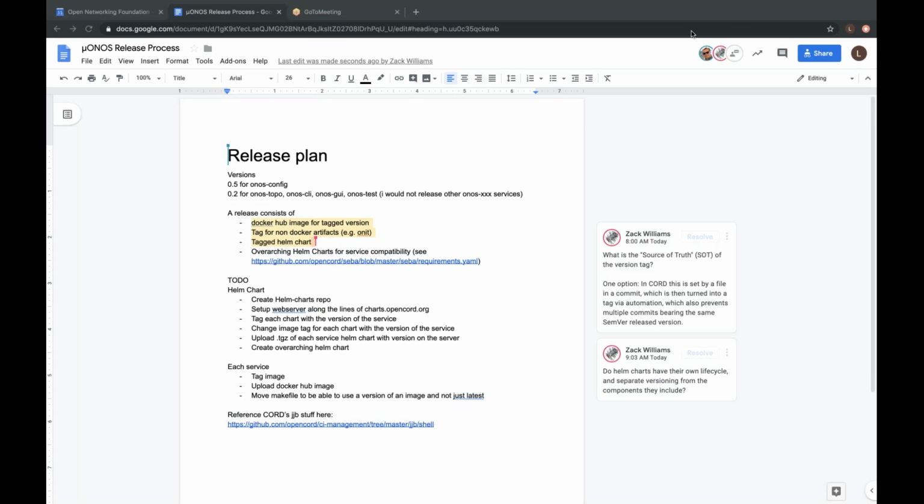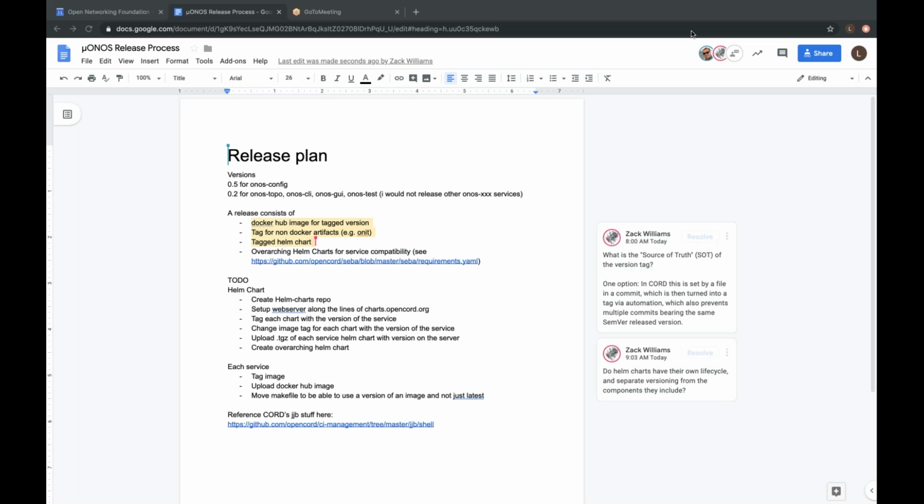Thanks everybody for joining. So the idea was that since we're aiming for feature complete at the end of this year for the µONOS config piece, we wanted just to get started a release process in order to release that and also any image and a complete package working with that. So a few discussions we had with the core team and other folks that have released the microservices in the past. We were thinking of